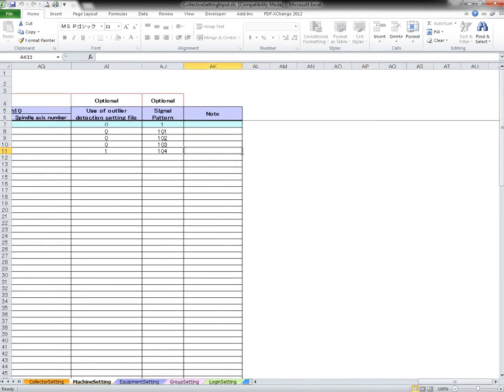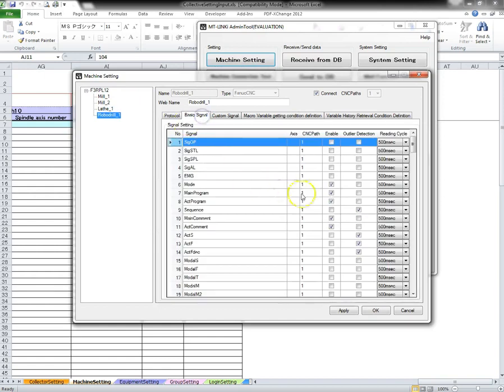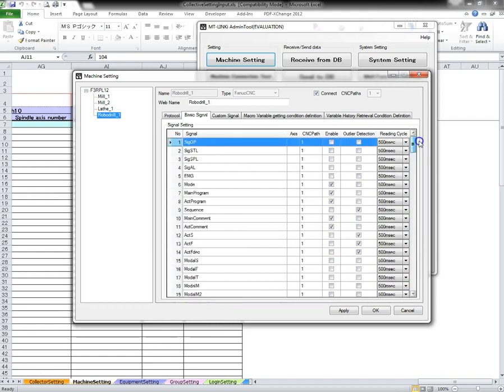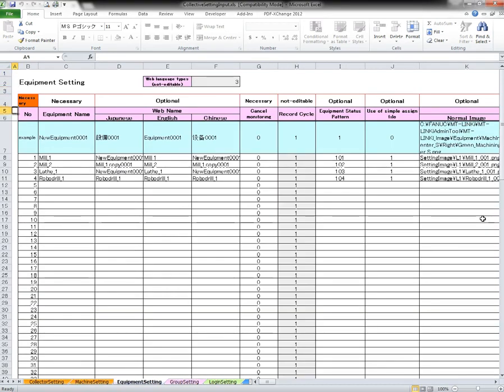On the very far right, we have a couple of optional settings. One is Outlier Detection, which we are using for the feed rate override knob, and the signal pattern. These are your basic signals, and we're pretty well using everything out of the box. And all the machines are exactly the same. We have the equipment setting